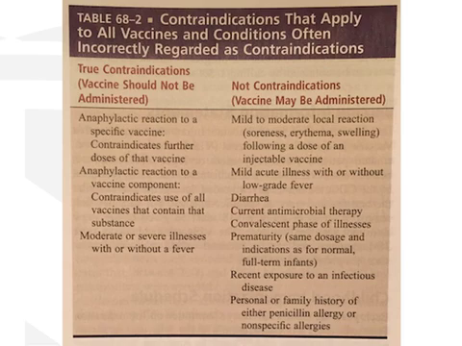Some conditions that are not contraindications, so the vaccine could be administered: mild to moderate local reactions following a vaccine, so that vaccine could be given again. You might just warn the patient that they might experience swelling and erythema in the future. Mild acute illness with or without a low-grade fever. The patient has diarrhea, current antimicrobial therapy, if they're in the convalescent stages of an illness, if the child is premature, recent exposure to an infectious disease, or personal or family history of penicillin allergy or nonspecific